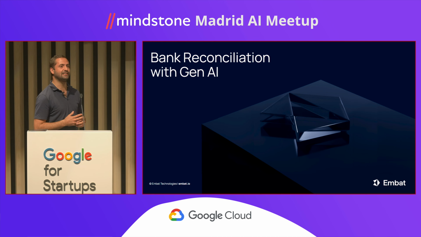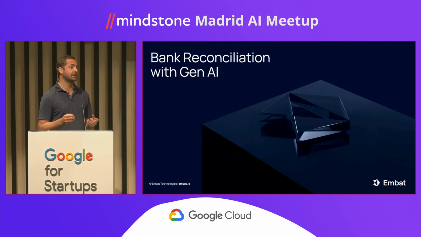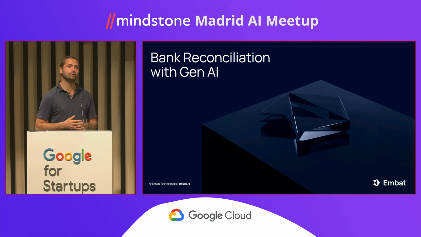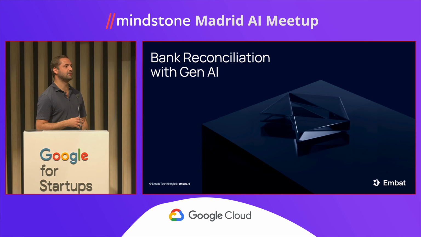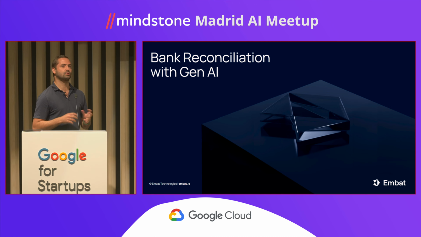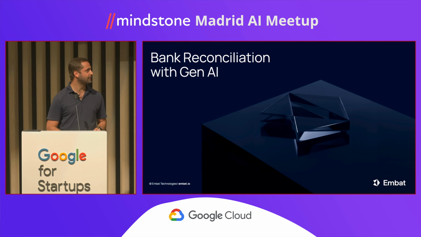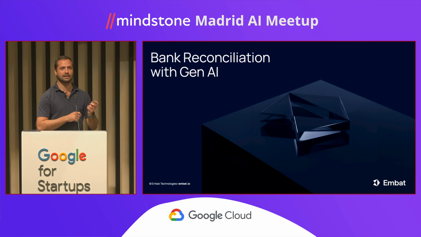We have two concepts here, bank reconciliation and Gen AI. I guess you all know what Gen AI is, right? That's why you're here. But yes, basically it's the part of AI which can create new content. Right now, I think we are a bit outdated because we do Gen AI, but just for creating structured data. Right now, the hype is in multimodal Gen AI, right? I guess you've heard about it already, where you can mix video creation with text input, whatever.